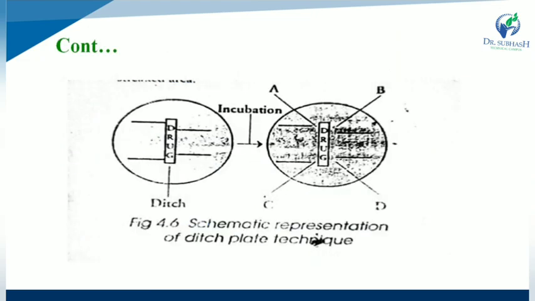That is the schematic representation of the ditch plate method. First, the ditch is formed, and after ditch formation, the drug is incorporated into the ditch and that is incubated, that is, put into the incubation period of about 37 degrees centigrade and 1 day, and the microbial growth is checked. If the drug properly gives the antibacterial effect, colonies are not formed, otherwise colonies are formed.